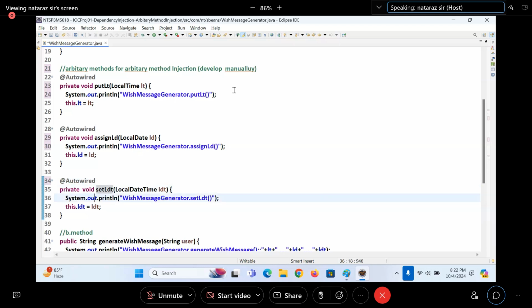Okay, guys. Next one. Okay. Tell me. I can take anything, guys. LDT. Okay. Tell me, guys. The property name is not compulsory to reflect here.